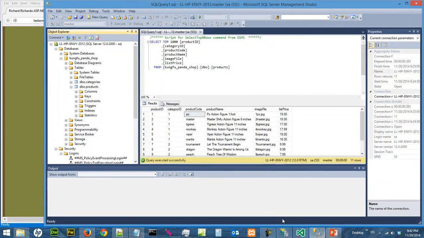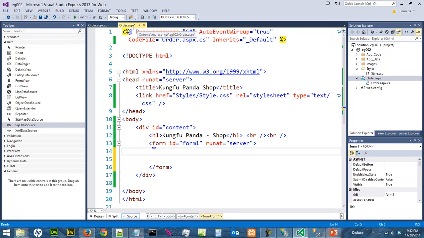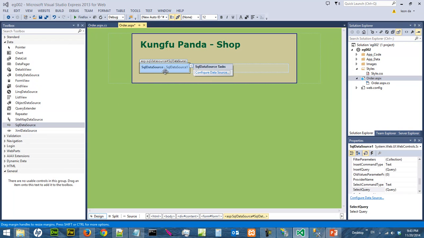Okay. The first thing we want to do is create a SQL data source, which can be found in the toolbox under Data, SQL Data Source, and we're going to pull this into the order.aspx page. And you can pull it from the source view or the design view. I'm going to do it in the design view. So I'm just going to drag this over here. And I say I will configure data source,